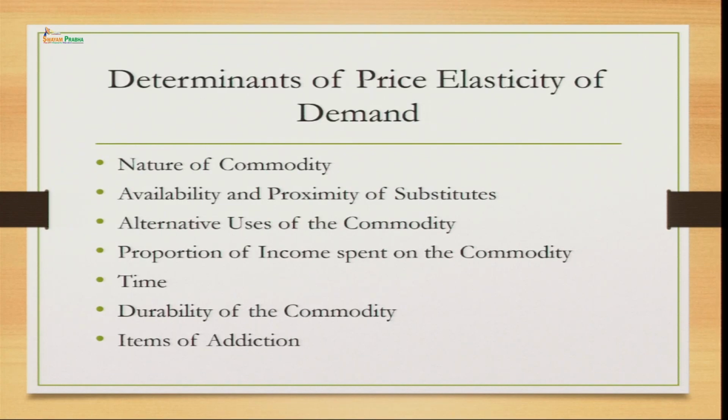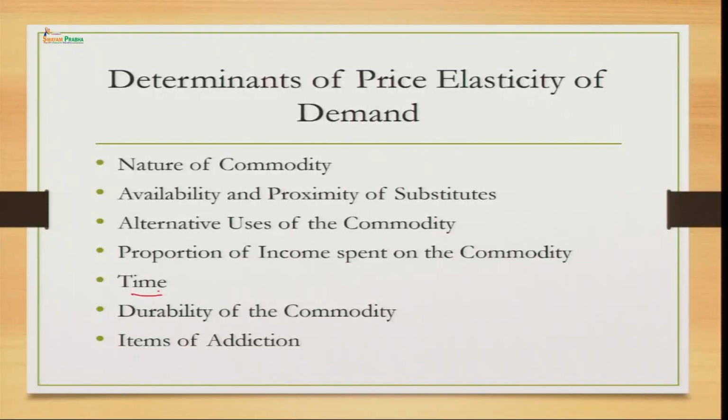The items on which you spend a very insignificant proportion of your income, like matchbox. If the price of matchbox increases, will you reduce your demand for the consumption? How many matchboxes are you going to buy? Not more than 2 or 3, right. So, it hardly matters to you, even if the price of matchbox increases or decreases, you will not change its demand much. So, comparatively the items on which we spend a very insignificant proportion of our income, they are of inelastic nature, whereas the items on which we spend comparatively a significant proportion of our income, they are of elastic nature. So, if their price changes, definitely our demand is going to get affected.